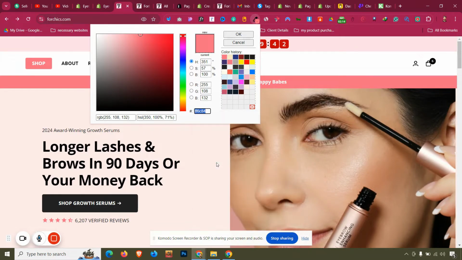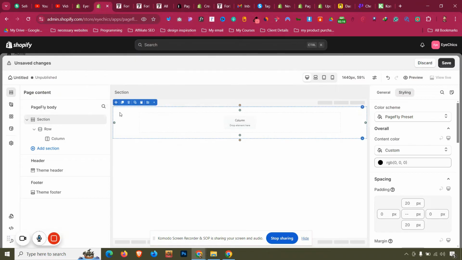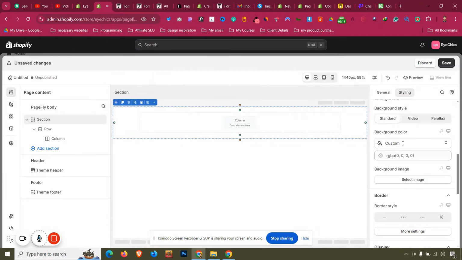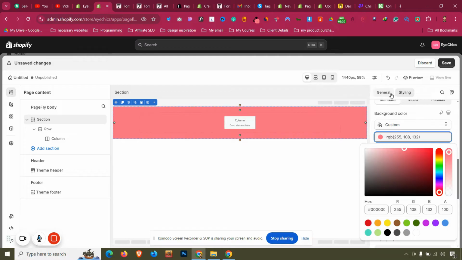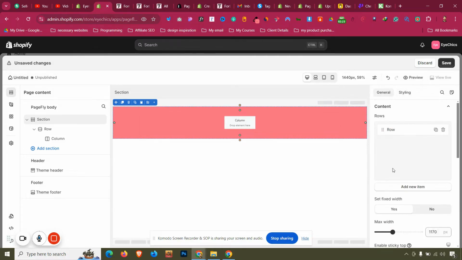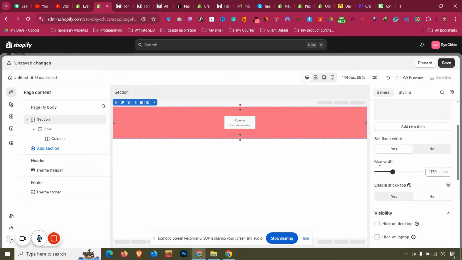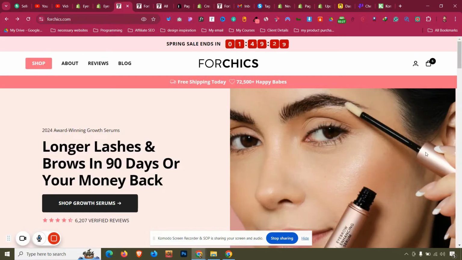So I'll copy it, go to the section, go to styling, and paste that background color here. And if I go to the general tab, one of the things to notice is called max width. What does max width actually mean? So if I show you